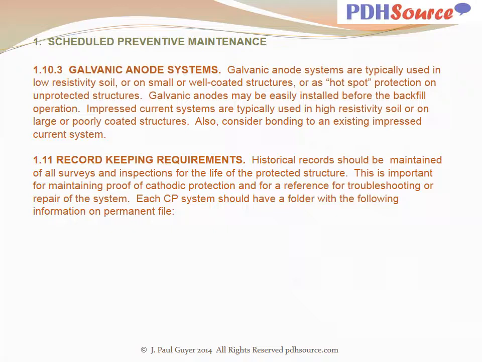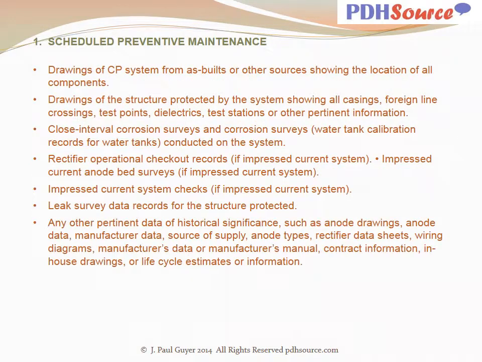Historical records should be maintained of all surveys and inspections for the life of the protected structure. This is important for maintaining proof of cathodic protection and for a reference for troubleshooting or repair of the system. Each cathodic protection system should have a folder with the following information on permit file: drawings of the cathodic protection system from as-builts or other sources showing the location of all components, drawings of the structure protected by the system